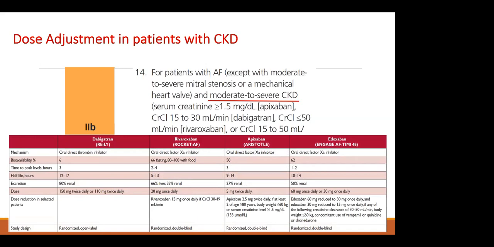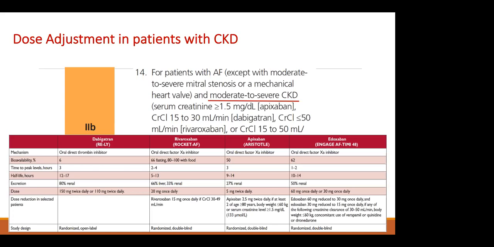With apixaban, it's recommended to give the 2.5 milligram twice daily dose if at least 2 of these three points are present in your patient. So if the age is 80 or more, body weight is 60 or less, or serum creatinine is 1.5 or more. If the patient has two of these three, you can start the reduced dose of apixaban, which is 2.5